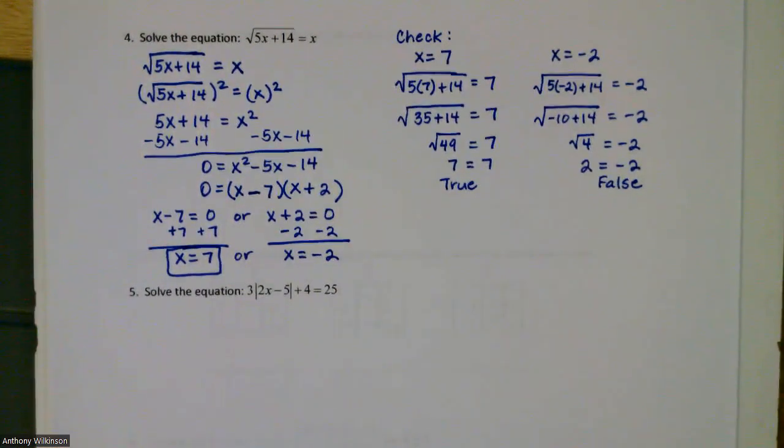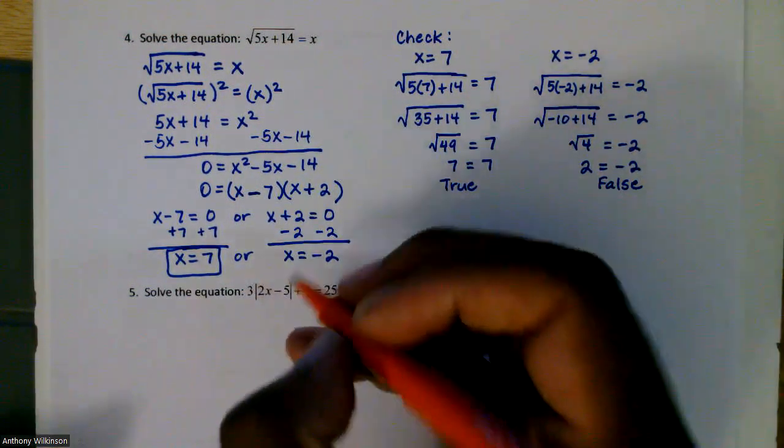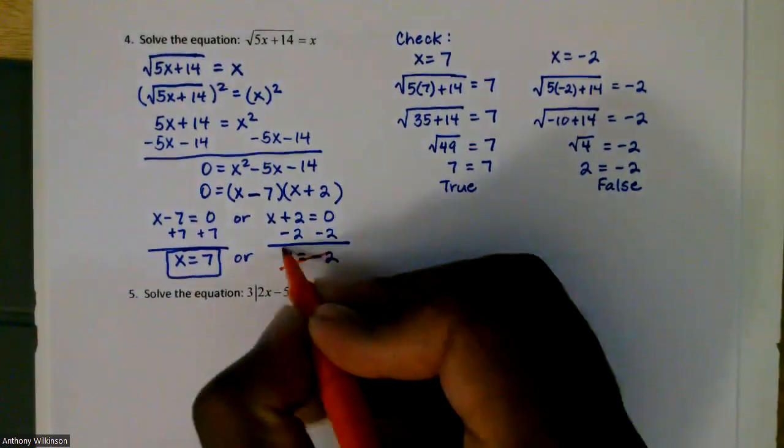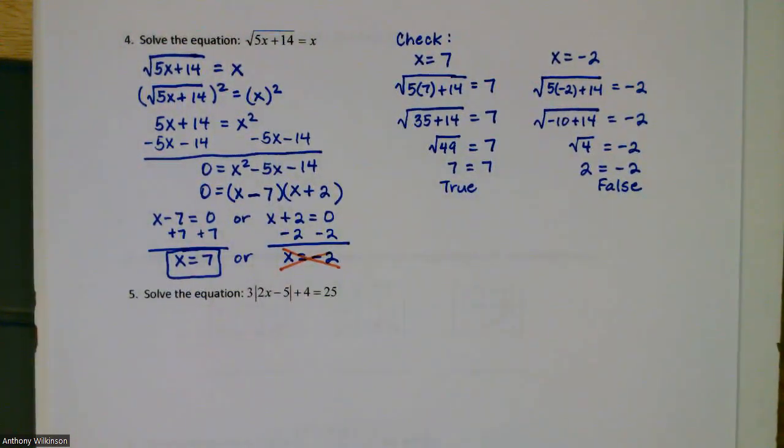So this is considered to be an extraneous solution. So x equal -2, I can cross that out and conclude that x is equal to 7 is the solution to that radical equation. All right, so that's problem number 4. All right, number 5